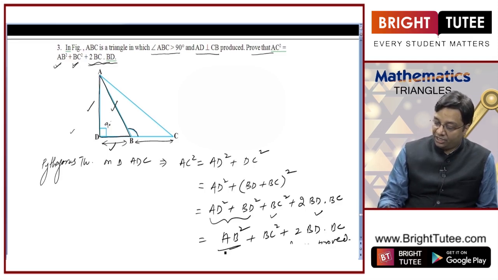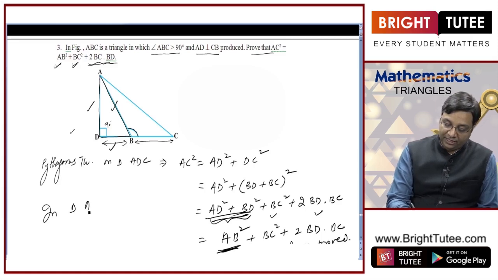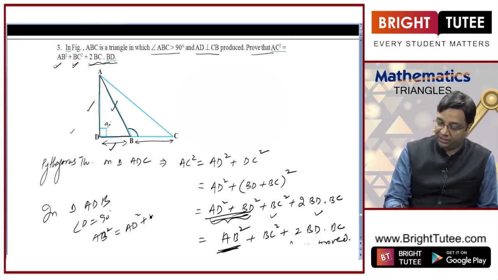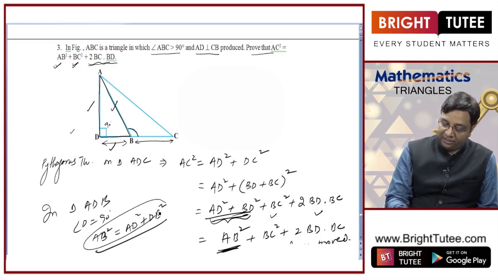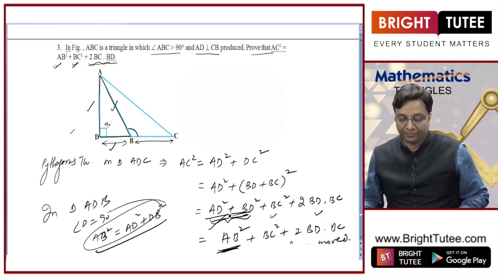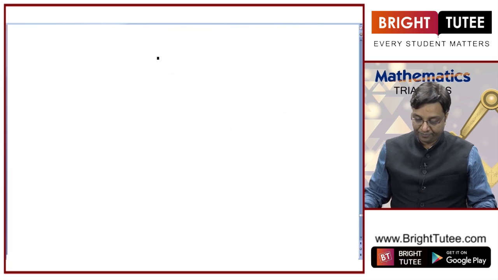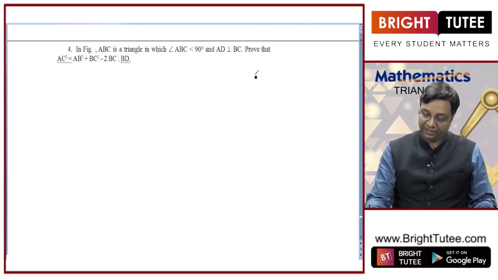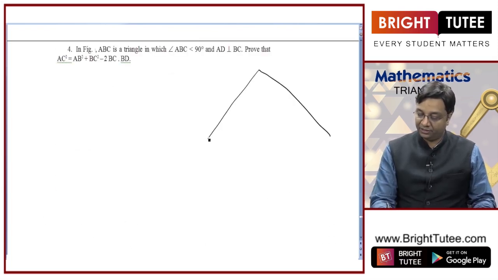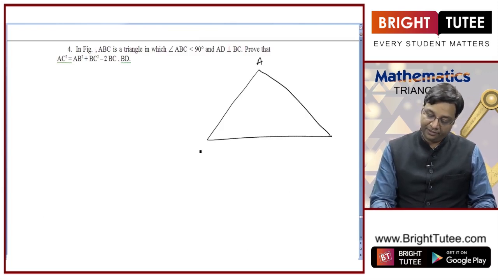Now if you want to know how did I replace this by this, you need to focus on triangle ADB, because angle D is 90 degrees. So AB square, that is hypotenuse square, will be equal to AD square plus DB square. This is the replacement I have done here, right? So this part is proved. Okay, right? So the triangle that I am talking about here is this one,